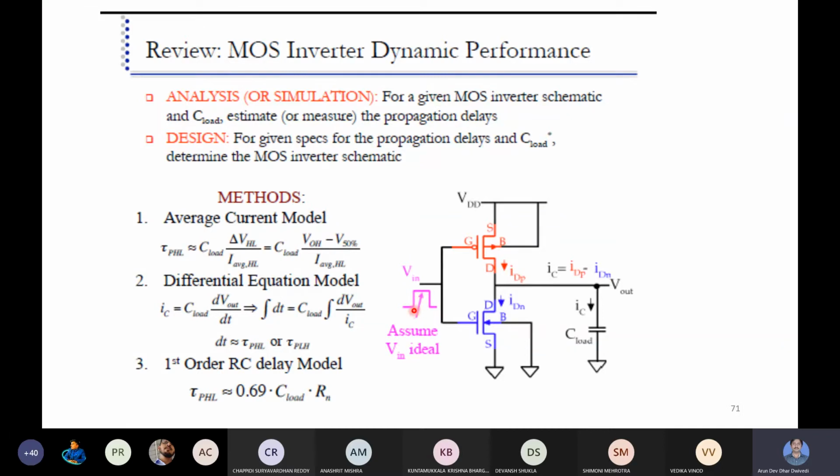If it is a step pulse, it is rising very fast, with no delay. There is no rise time or fall time delay. It means no time in rising or falling; it is not taking any significant time. From 0 to 1 it is switching very fast, and also from 1 to 0 it is switching very fast. This type of input pulse we are considering. In simulation we are also taking a similar type of pulse.